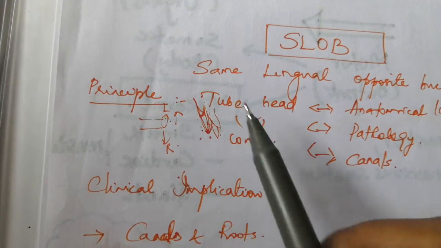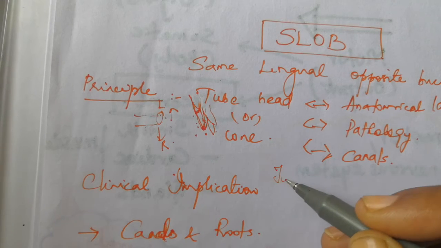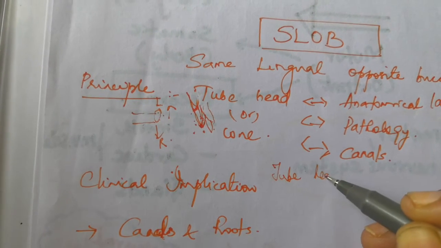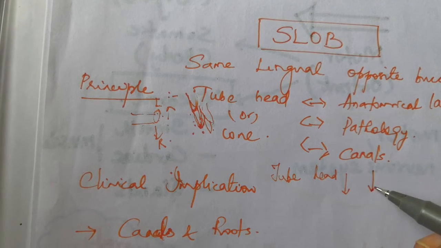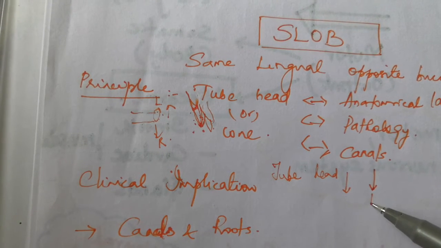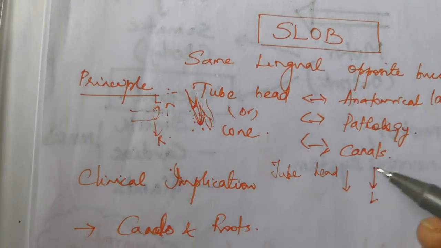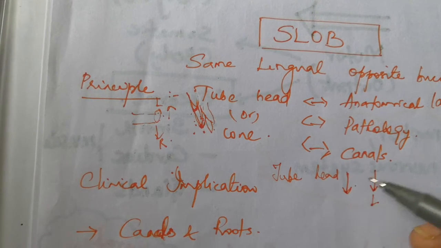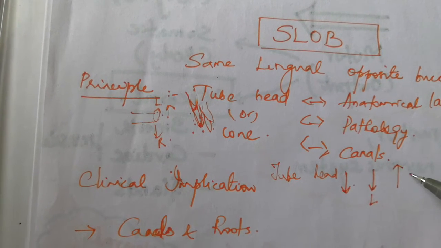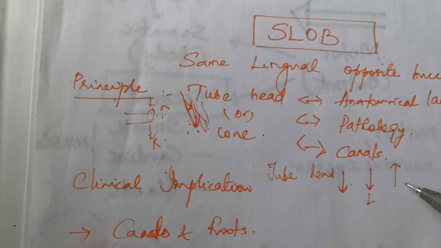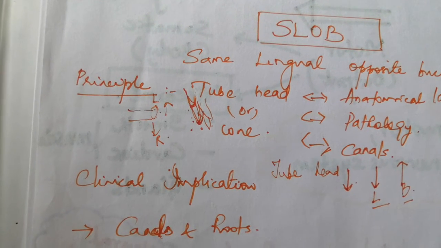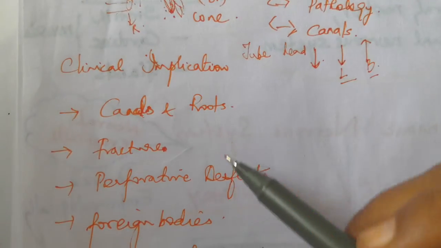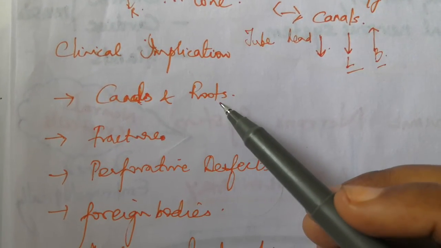So it is like a tube head. When you move, when the object also moves in the same direction, it means the object is lingually placed. When the tube is moving in one direction and the object is moving in the other direction, that means the object is buccally placed. So with this application, what we are going to find out is the canals, where they are located,